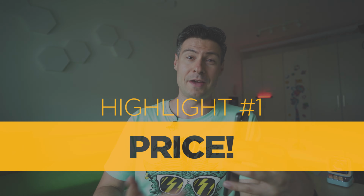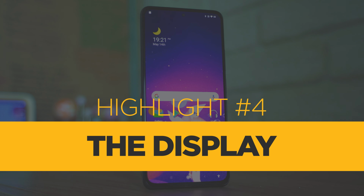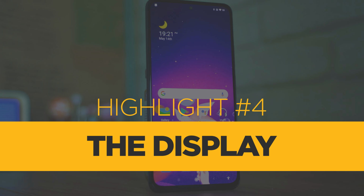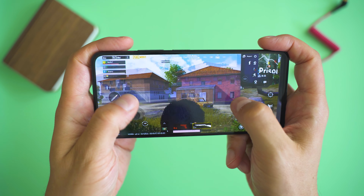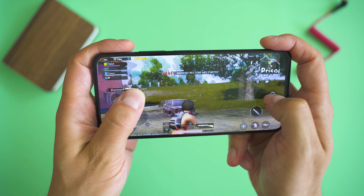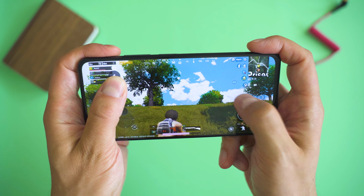Two more awesome components left. I think I'll go for the display first. It's just a bit smaller than Mi 11 and Mi 11 Ultra, very bright, vivid, apparently gets A+ rating by DisplayMate. Peak brightness is 1300 nits, and that's a lot. HDR10 Plus certified, 120Hz refresh rate. As stated, the phone is brilliant for gaming, not only because of the performance of the CPU, but also because